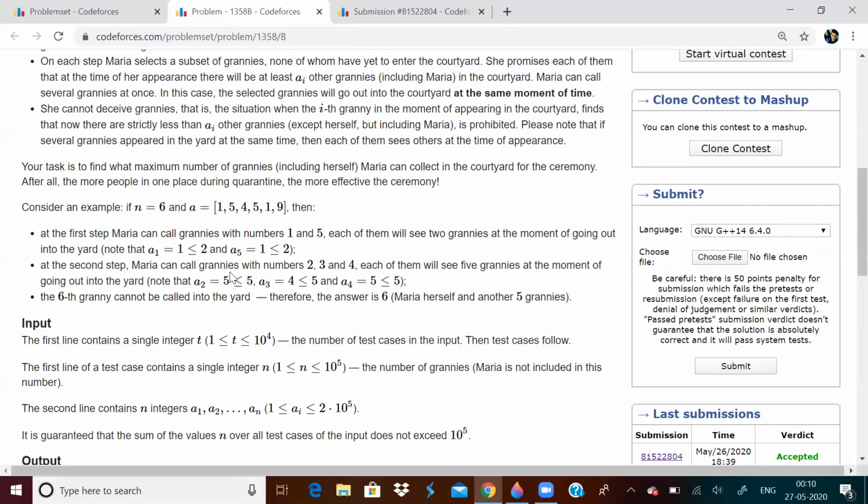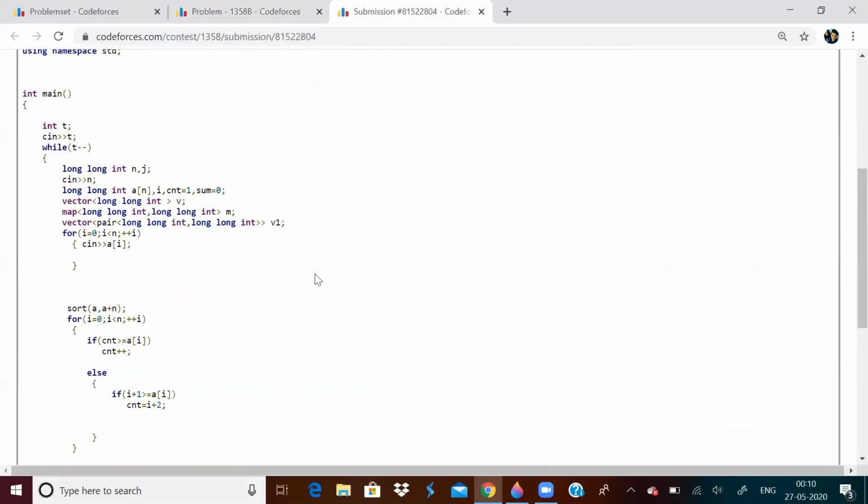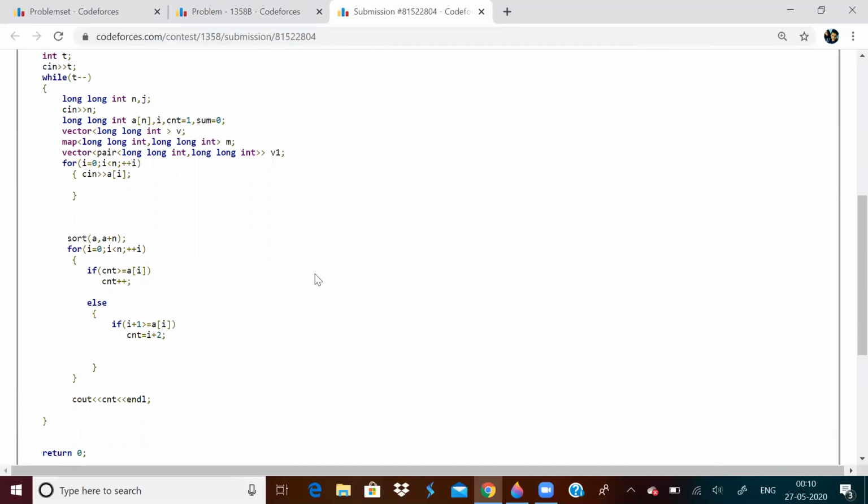So I suggest all of you to first of all read this question once by yourself. Just looking at the video might not be so helpful. I shall share my simple solution with you. I just took the input, put it in a vector, put it in an array. And I initially thought I'll use vector and map, but it was not required. I put it in an array, I sorted the array, and just these two conditions are sufficient.